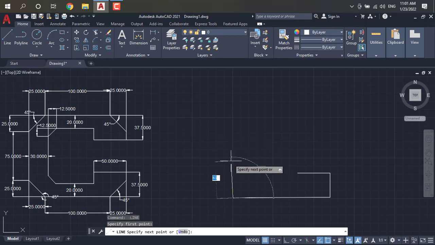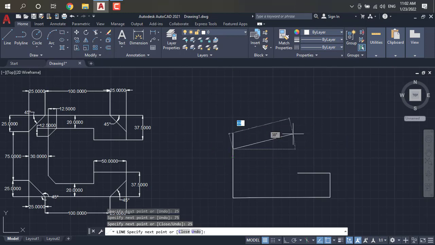Then how much it is? Exactly 90 degrees. Yes, it is exactly 90 degrees. Then how much it is? 25. Click on enter, and again it will be 75. Just click on enter, and again it will be 25. Just click on enter. Okay,